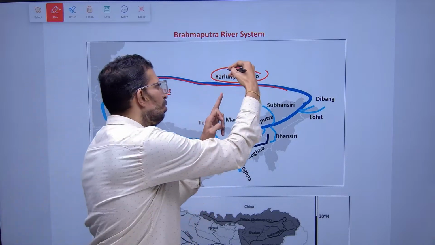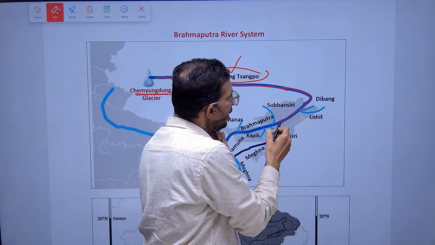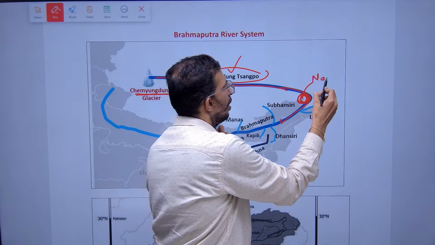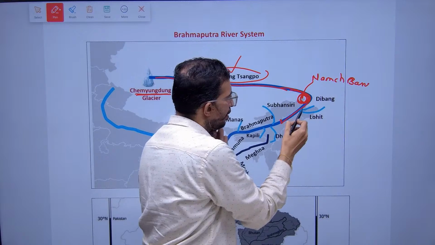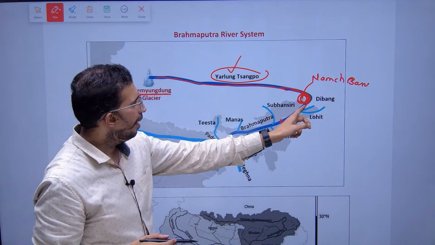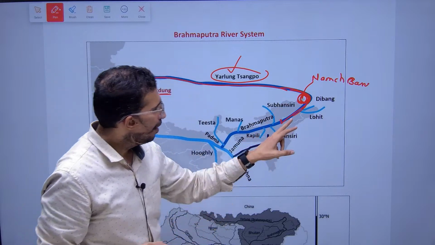Yarlung Tsangpo, the name is important. And it turns drastically at the Namcha Barwa. See this turn, and it enters into Arunachal Pradesh as the Brahmaputra,